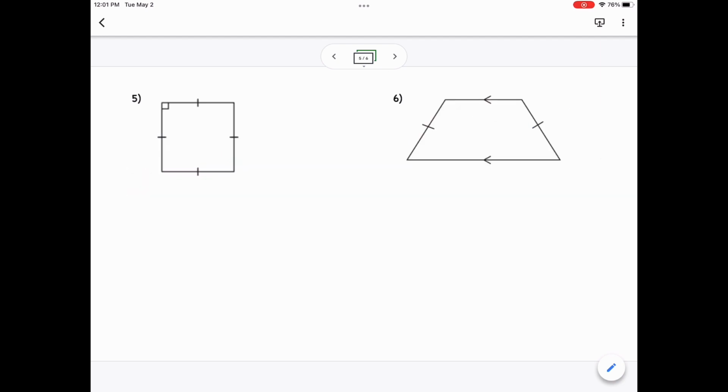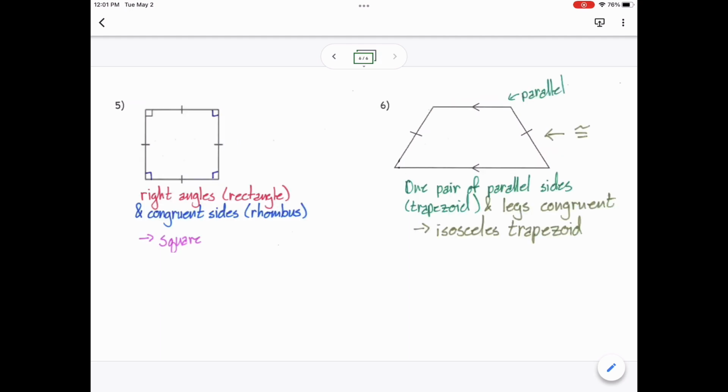And then number 5, it has congruent sides and it has a right angle in the top left. Number 6 has 1 pair of parallel lines, but then the opposite sides or opposite legs are congruent to one another. So I would say number 5 is a square, and then number 6 would be an isosceles trapezoid because